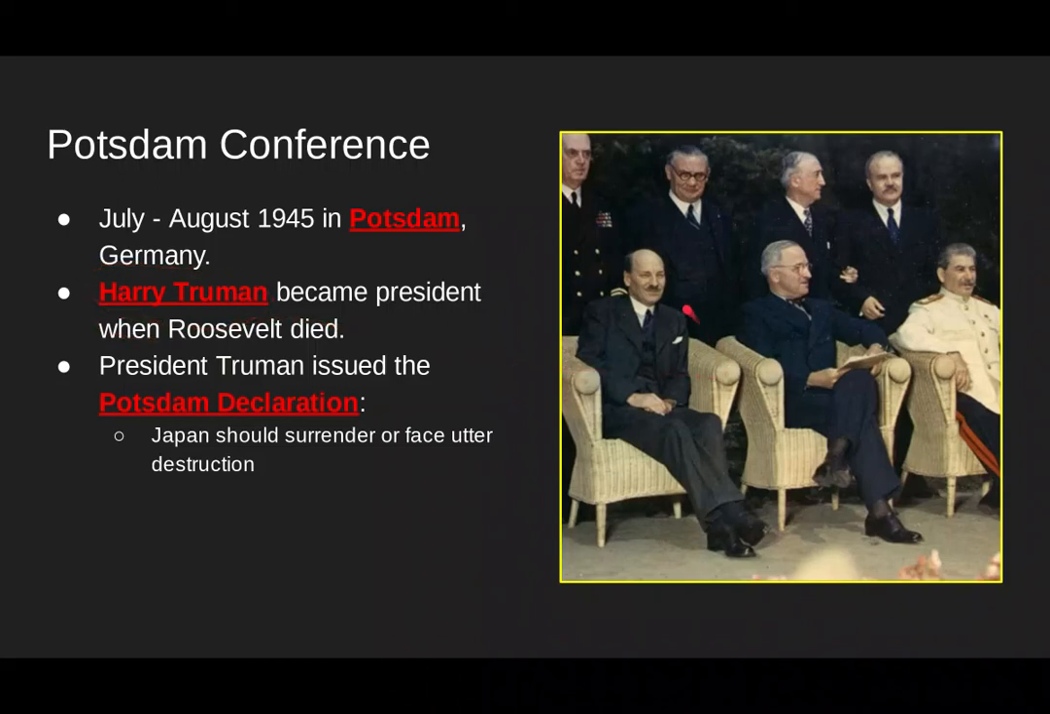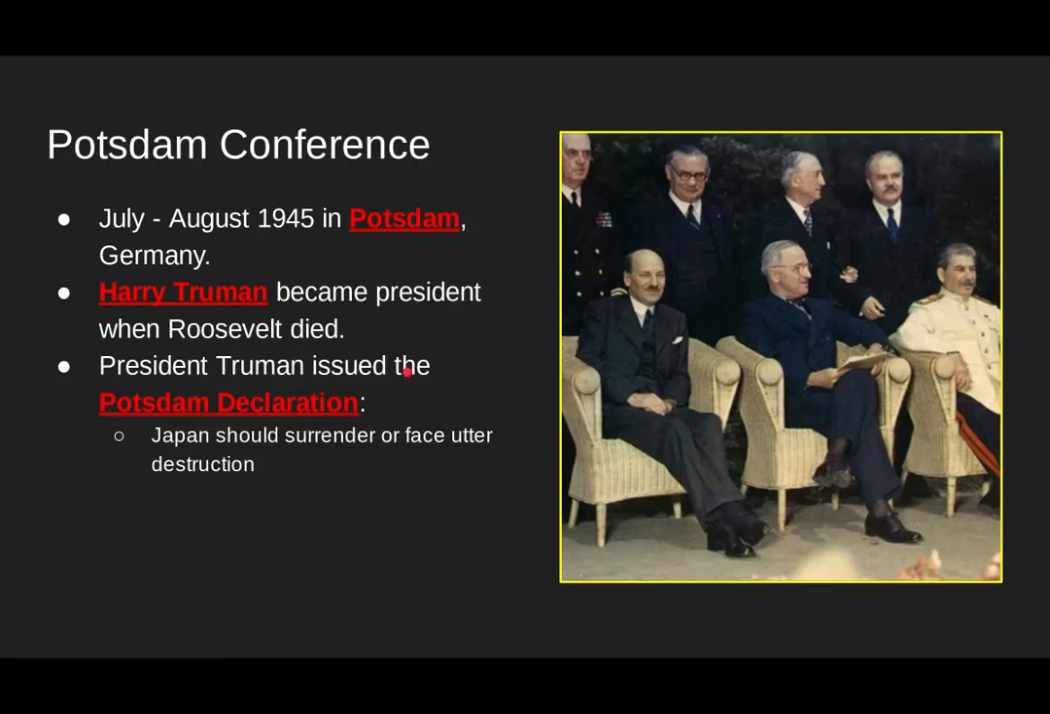And in Great Britain, once the war against Germany ended, the British people voted Winston Churchill out of office and replaced him with Prime Minister Clement Attlee, thinking he would be a better peacetime prime minister than Churchill, who was a very effective wartime prime minister. And at this conference in Potsdam, Germany, the Allied powers issue the Potsdam Declaration,